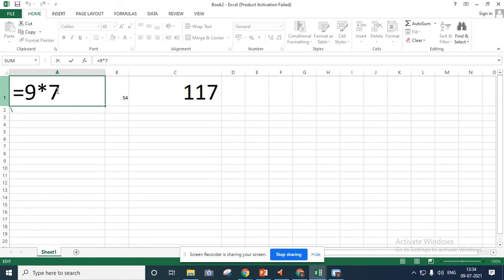Here cell reference is in the form of rows and columns, and operators are in the form of mathematical symbols. Operands are in the form of text and numbers. Constants are the value which remains the same. Functions are your built-in formulas. Understood this? Any doubt you have in this? No, ma'am. Okay. So we will see